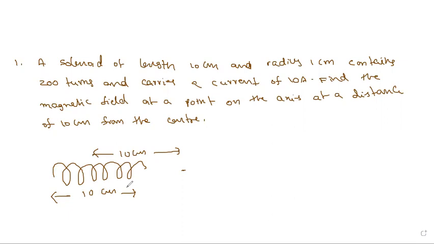First of all, let me calculate the basic factors required here. So what is the general formula we use to calculate the magnetic field B due to a bar magnet? Mu naught by 4 pi, m by r square. That is the general formula. M means pole strength only. M by r square, this is the general formula we use to calculate magnetic field due to a single pole.